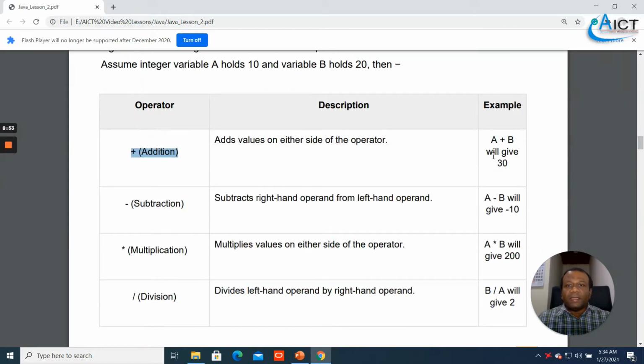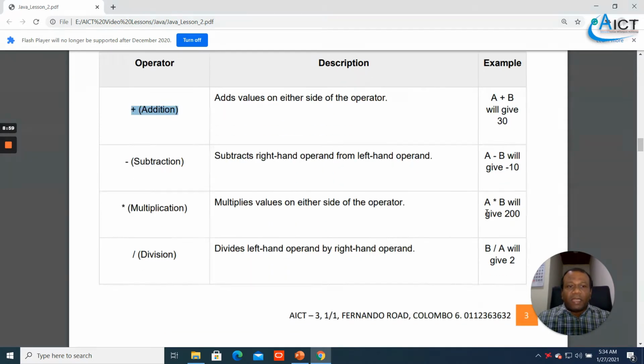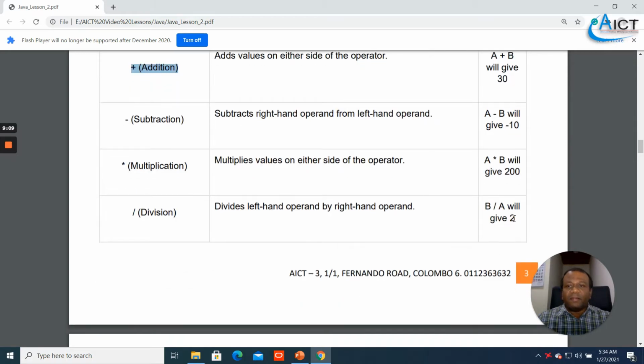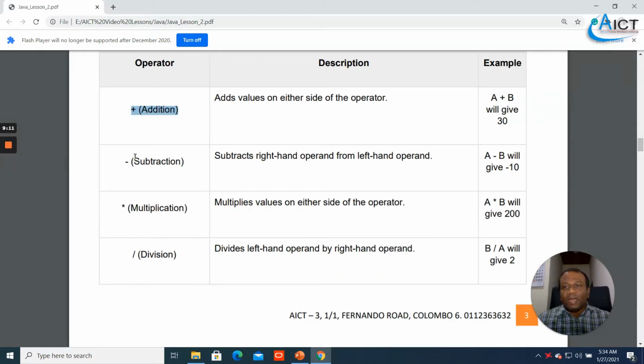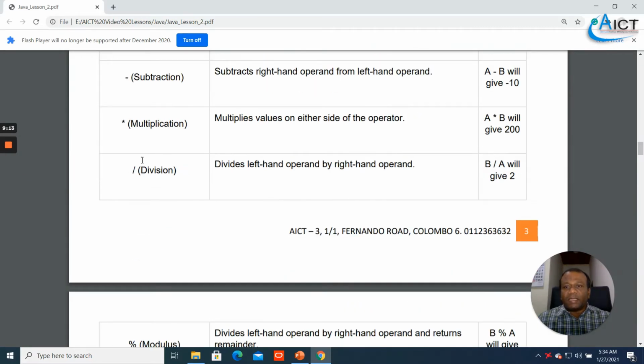So A plus B is 30. Subtraction, A minus B will be minus 10. A into B, it means 10 into 20, 200. Division, B divided by A, it means 20 divided by 10, the answer will be 2. So these are the normal addition, subtraction, multiplication and division.